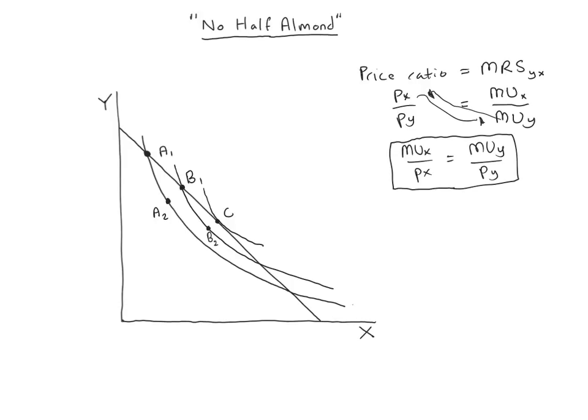So in this lecture, we've looked at how the no half almond rule tells us geometrically, visually, whether we're at an optimal point. If there's an almond, you use the trick where you move down along the edge to get the same utility but save some money. Then you spend that money to jump back onto the budget constraint but at a higher level of utility. And you keep doing this until you reach a point where there's no half almond and thus you're at the optimum. And then we interpreted that point where you are at the optimal as a tangency point,